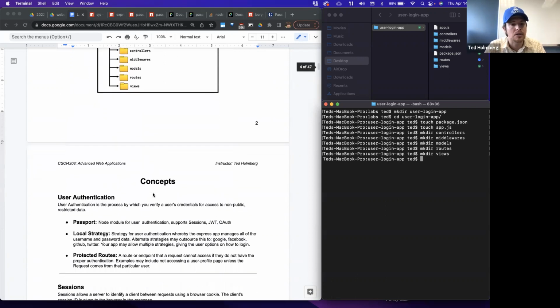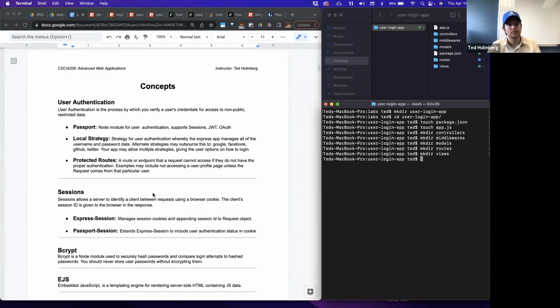Let's move on to the concepts. So user authentication is the process by which you verify users' credentials for access to non-public restricted data, right? So there are some web pages where there's no authentication or authorization required, right? It's viewable by the general public, but certainly there are those pages that you want to have login credentials for and customize the view for that particular user. So we're going to learn how to do that